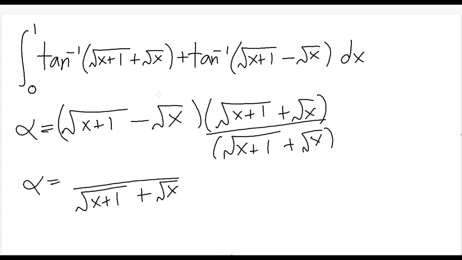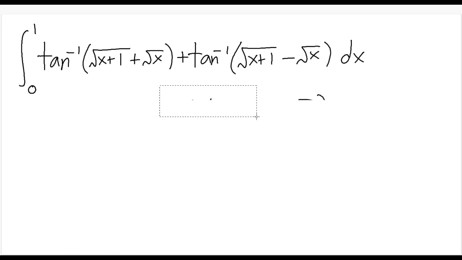But then here, x plus 1 minus x. Oh, shoot, this cancels out. Look at this: 1 over square root of x plus 1 plus square root of x, which is what we have here, reciprocated. So in terms of alpha,